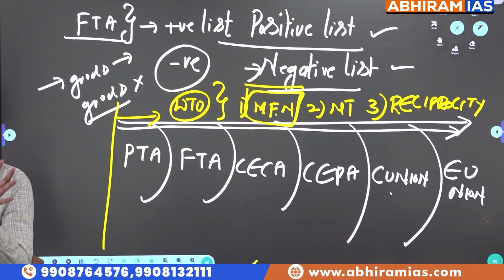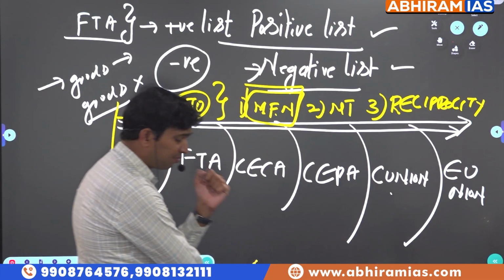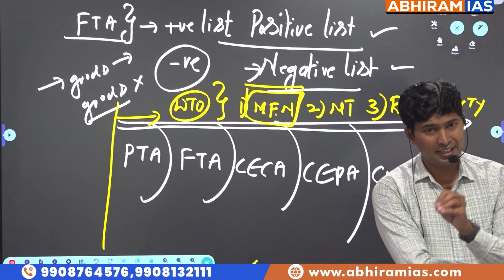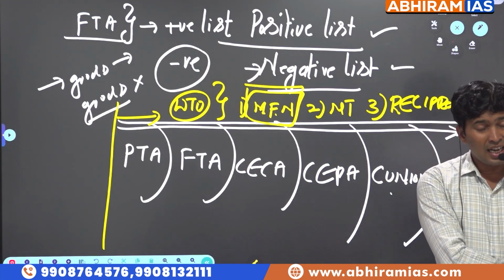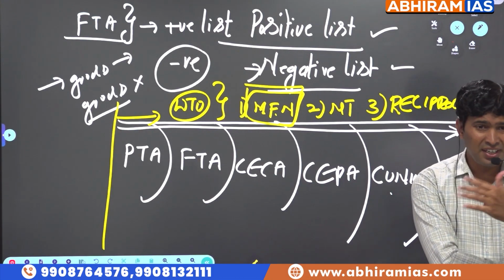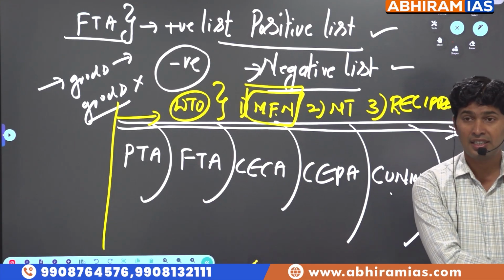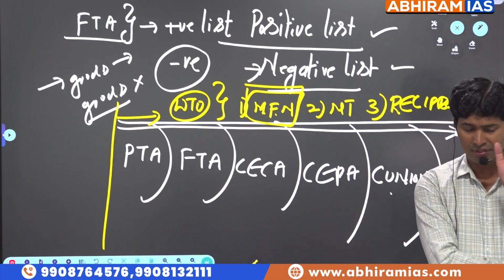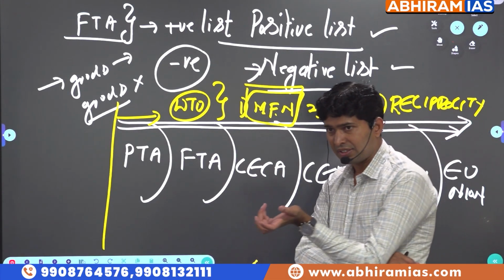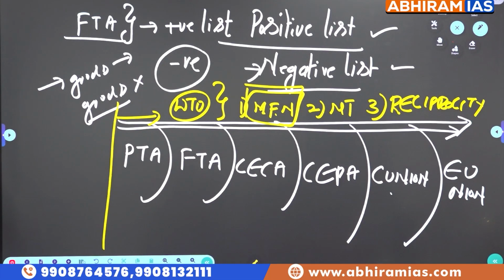See, India, Pakistan politically may not like each other. And what does most favored nation principle say? How a country treats goods from its favorite friendly nation, similar unconditional treatment should be given for others also. Which means how you treat your friend, you should treat in the same way other countries also in the international trade. That is called as most favored nation. If goods are coming from Russia to India, how India treats, same treatment should be given for the goods which are coming from China to India. That is the principle of